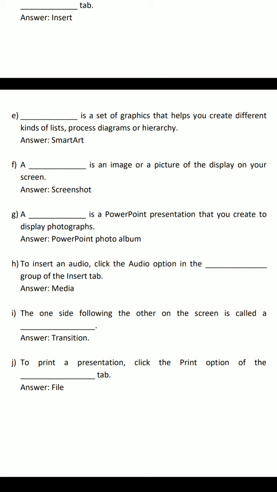And the last one, let me tell you point number J. To print a presentation, we need to click the print option of the dash tab. Now the answer, as you can see, is clearly visible. It is the File tab. At one end of the ribbon is the File tab, which you use for the behind-the-scenes stuff you do with a file, such as opening, saving,